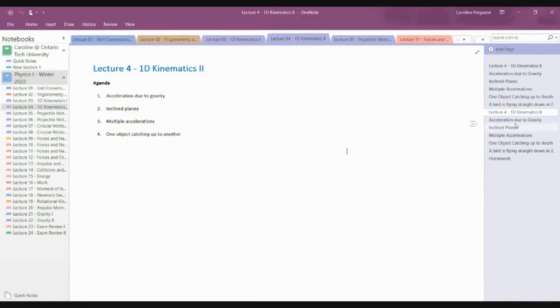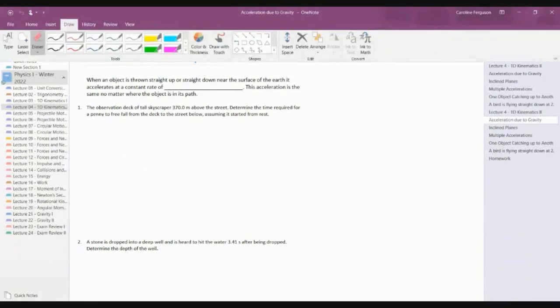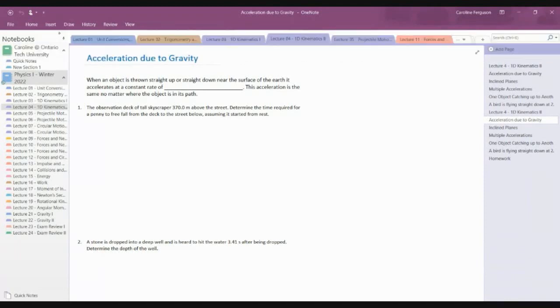Okay, so let's move on to this topic. The first topic is now acceleration due to gravity. If an object is thrown straight up or straight down near the surface of the Earth, then it's going to accelerate at a constant rate. What is that rate? What's the number? 9.81. Yeah, good. So it's 9.81 meters per second squared. Sometimes some textbooks use 9.8, sometimes they use 9.81. It doesn't matter so much, except on your test,